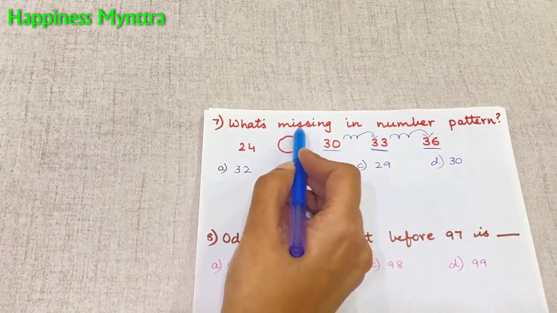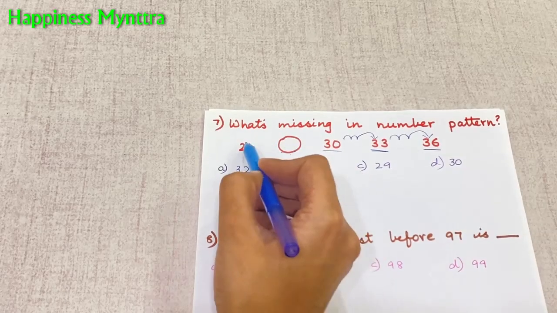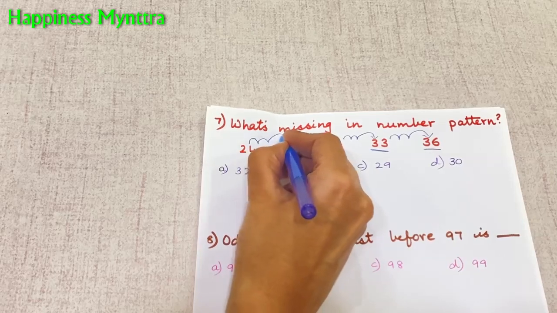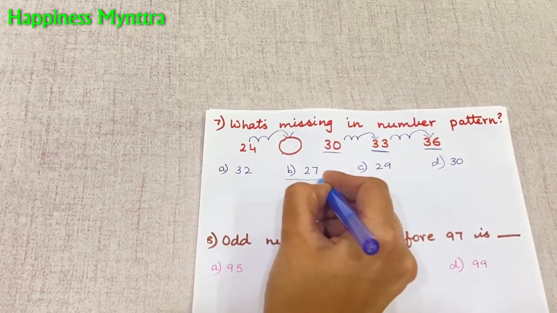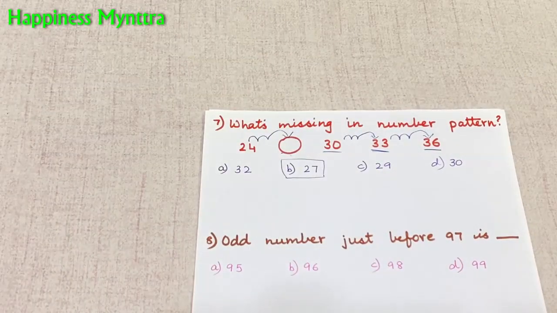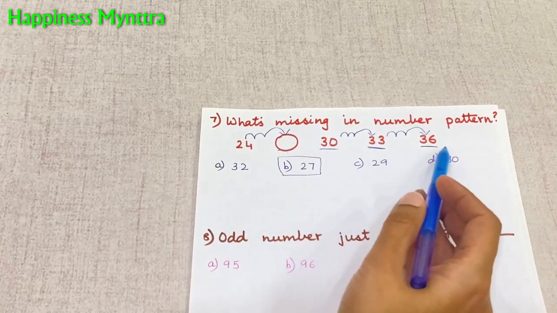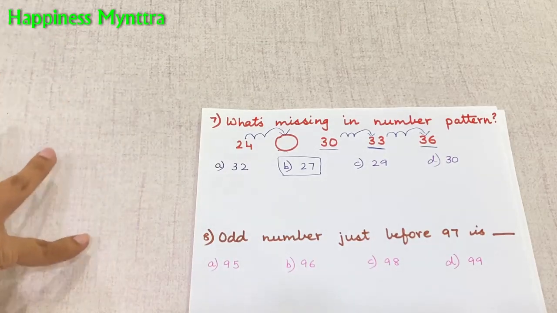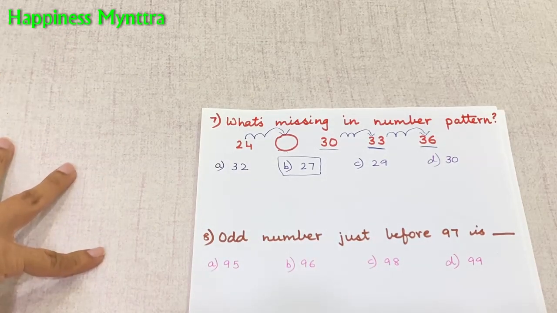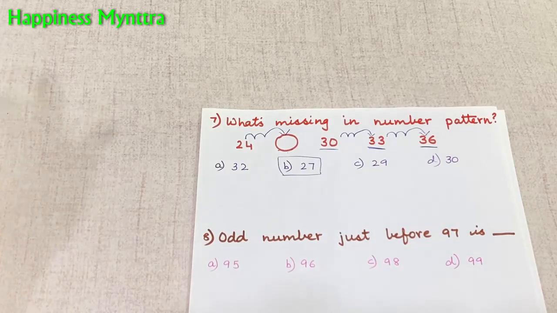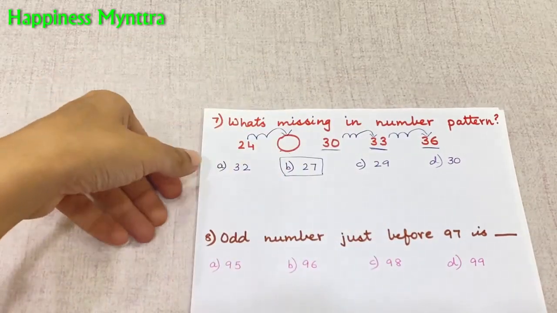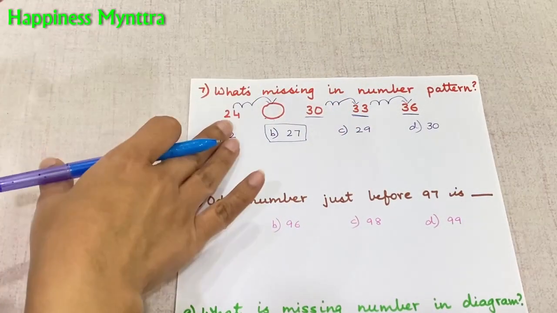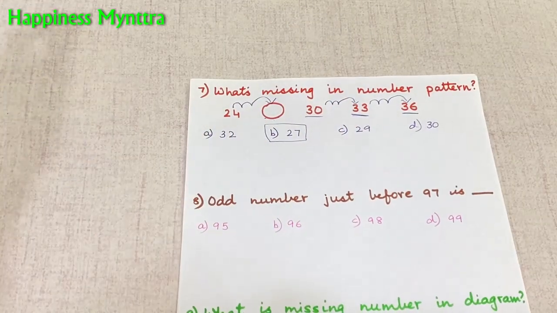So now either the child can do back counting to figure this out, or move ahead: 24, 25, 26, and the correct answer, 27. But this pattern is something that the child needs to figure out, and they can do it easily even without knowing the table of 3. And in fact, even if they do know the table, they would probably know up to 3 times 10, which is 30. So again, they will need to figure out how the pattern made sense.